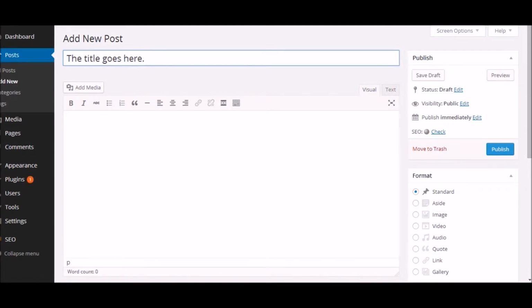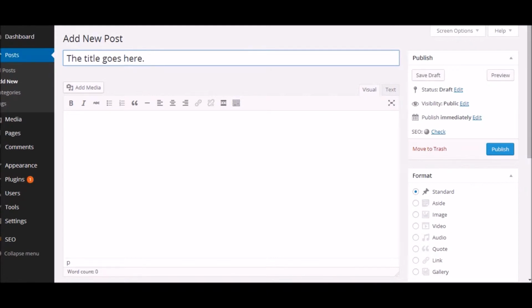WordPress is a platform which is a lot about SEO, search engine optimization, and according to the search engine optimization rules, the title should not exceed 70 characters. So whenever you're writing a post, you should make sure that the title doesn't exceed 70 characters. That actually means you need to keep your title descriptive and short.